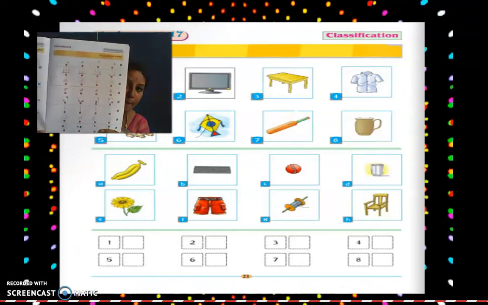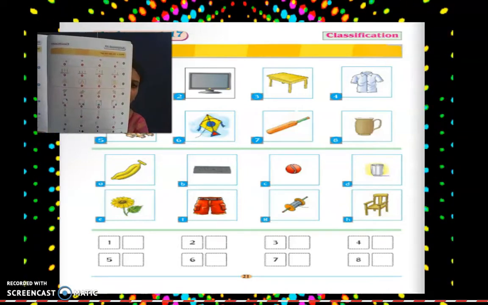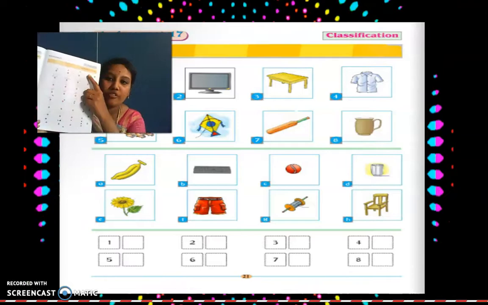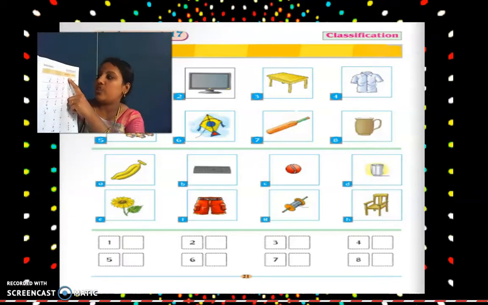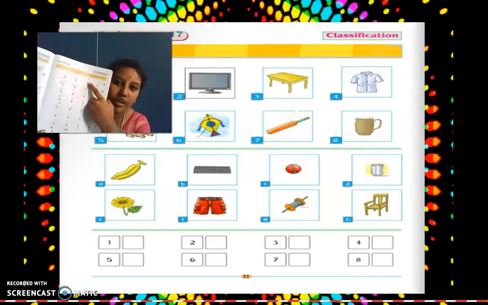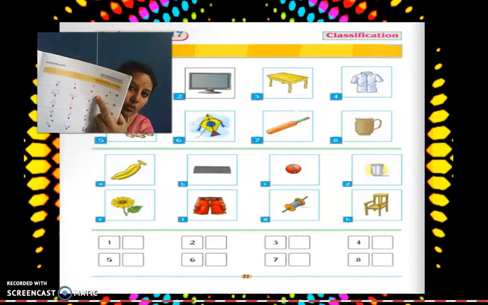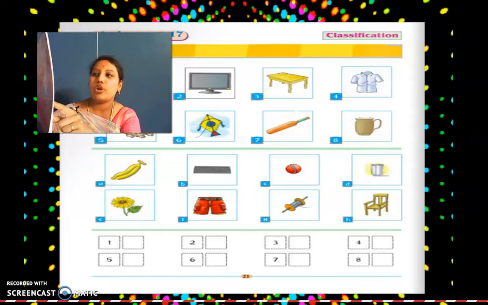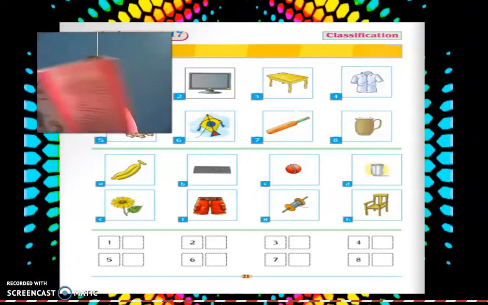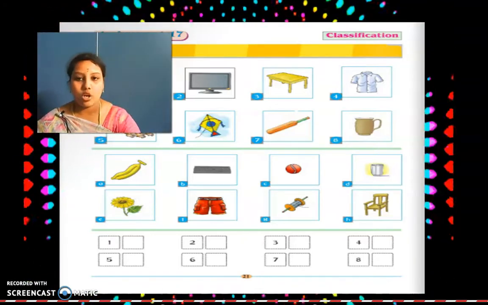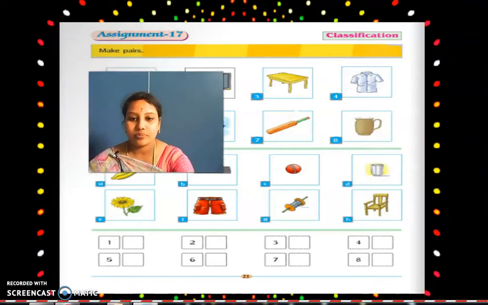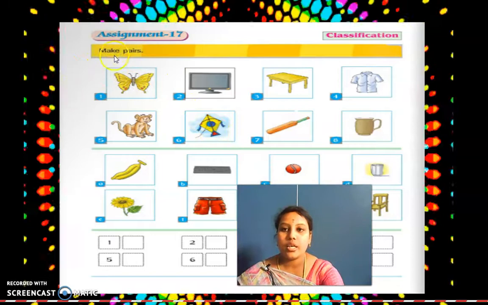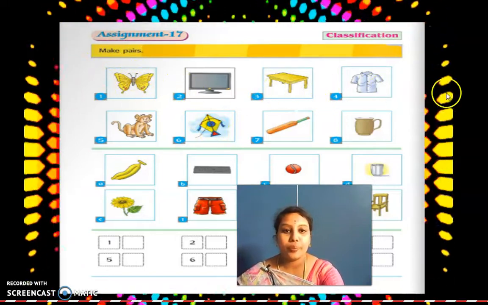Can you see here? See kids? This one. Okay. So this one you are going to do. Here you are going to find odd one out. See which is the odd one out. Here you are going to find the odd one out. See odd one. Okay. In this you are going to make pairs in this image. So this thing you are going to find odd one out and here. Here, make pairs. Here you are going to make pair.